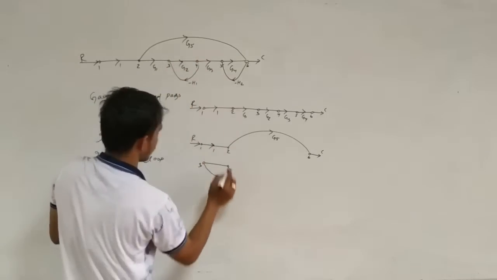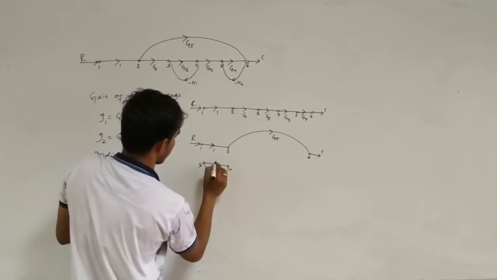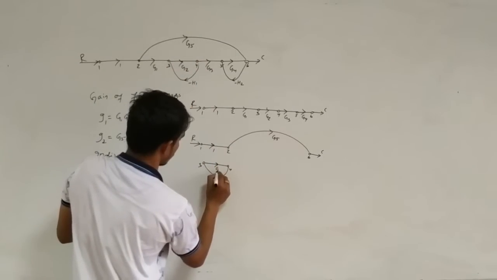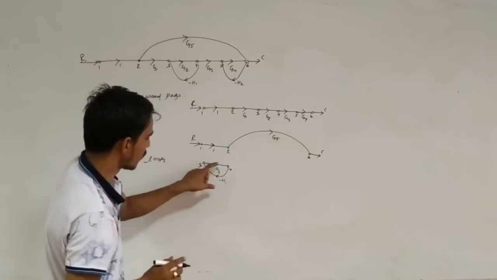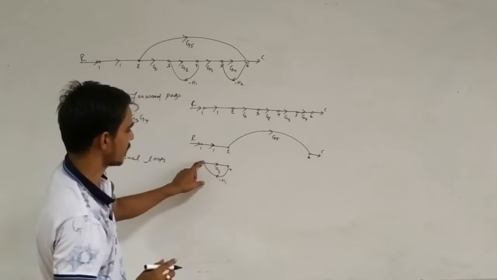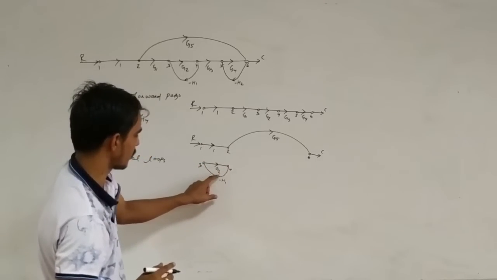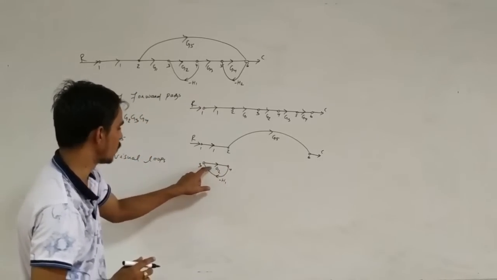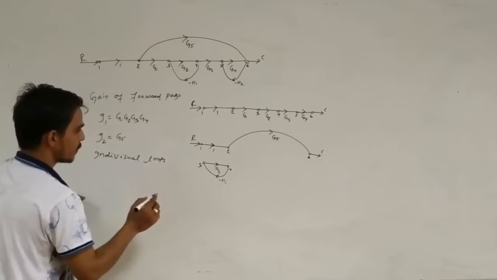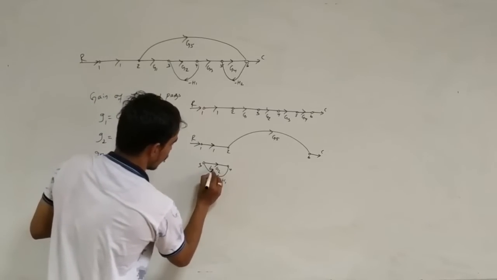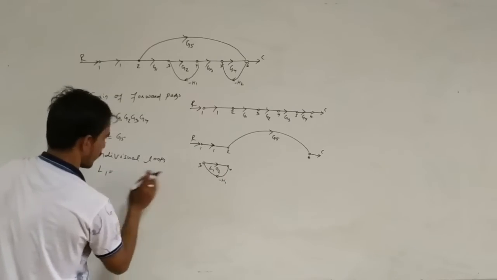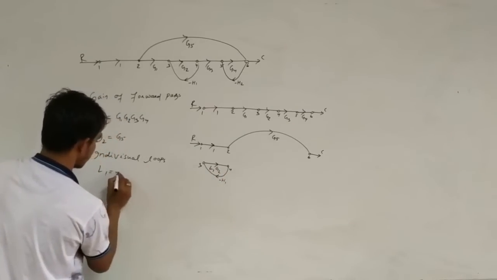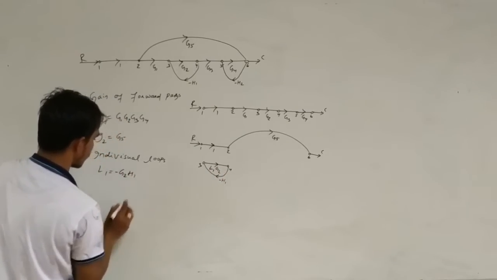Node 3 to 4, minus H1. Individual loops rather. So node 3 to 4, then again through to node number 3. This can be a loop. Okay, so what will be the gain? Suppose say this is loop L1. So L1 gain will be G2 into minus H1, that is minus G2 H1.